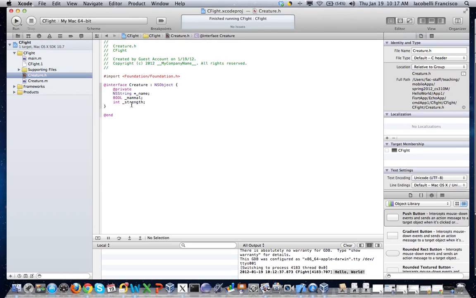Now, for all these variables, it is common practice to use a getter and a setter. To get and set all these variables, you would declare a method such as void setName. I'm going to explain the syntax in a bit. You would take in a name and then set it into underscore name. Now, the thing that Objective-C does for you is that it does all this for you if you tell it that there's a property,